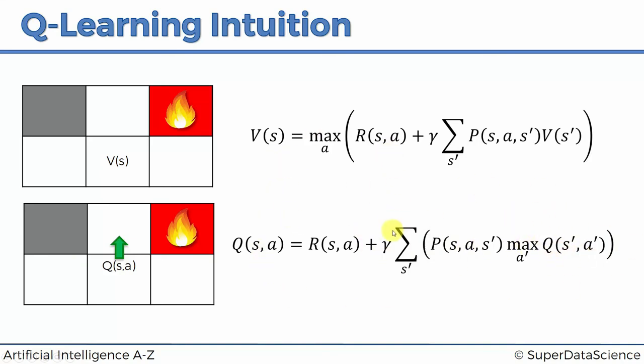So very similar formula, as you can see, but this time we're expressing things through the Q values. And that's why this whole algorithm is called Q-learning, because this is what is looked at. This is what the agents actually use. They don't look at the states, they look at the possible actions, and then based on the Q values of the actions, they will decide which action to take. So they'll just look at the maximum Q value in this given state. It has 4 actions. What is the best action to take? So instead of comparing the different states it can end up in, it's going to compare the possible actions that it currently has. Then by finding the optimal one, it's going to take that action, and then it's going to repeat that process,